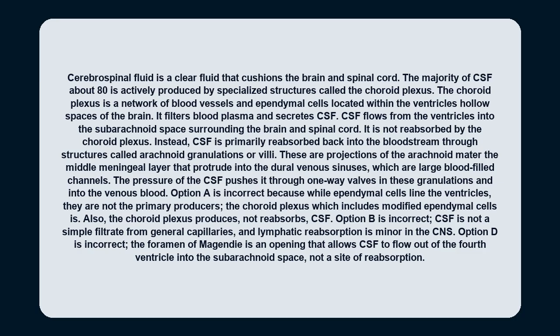blood. Option A is incorrect because while ependymal cells line the ventricles, they are not the primary producers. The choroid plexus, which includes modified ependymal cells, is. Also, the choroid plexus produces, not reabsorbs, CSF. Option B is incorrect. CSF is not a simple filtrate from general capillaries, and lymphatic reabsorption is minor in the CNS. Option D is incorrect. The foramen of Magendie is an opening that allows CSF to flow out of the fourth ventricle into the subarachnoid space, not a site of